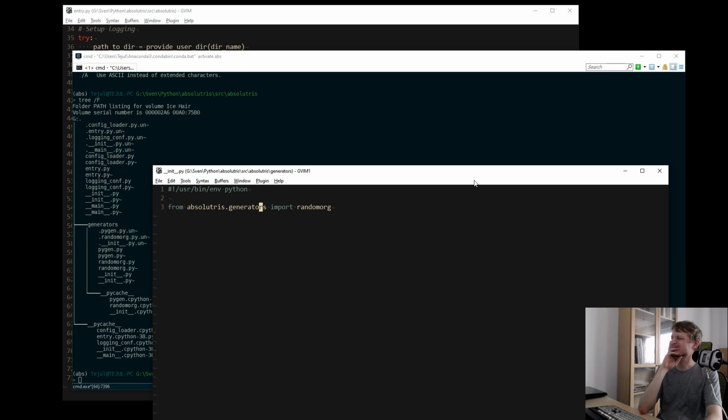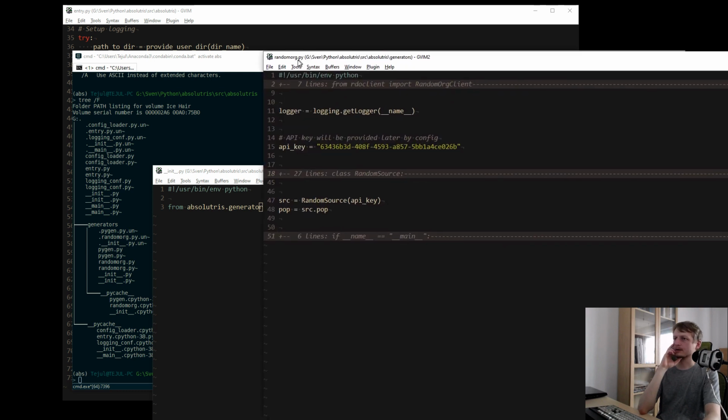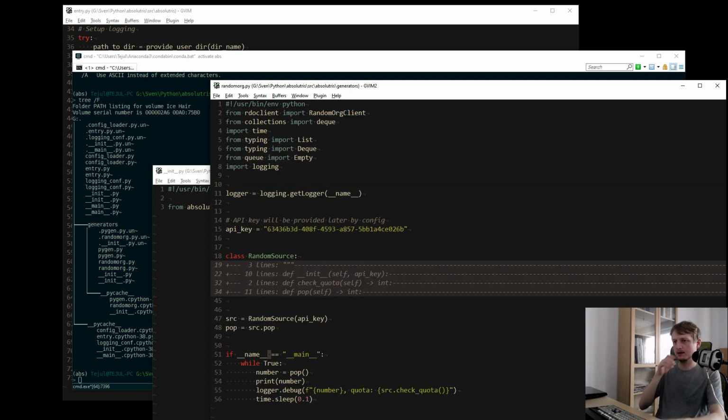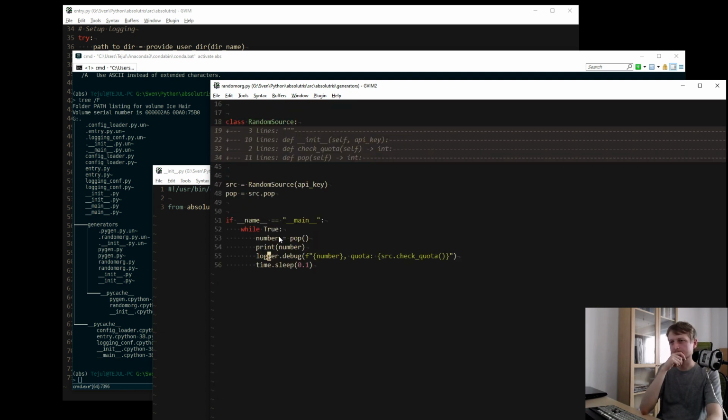But that doesn't feel right. Well, random org mod and the random org pi is the module itself, which has the function pop defined, and I use the function pop here in this demonstration,